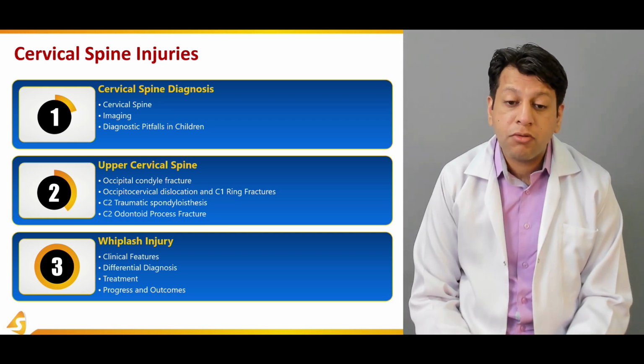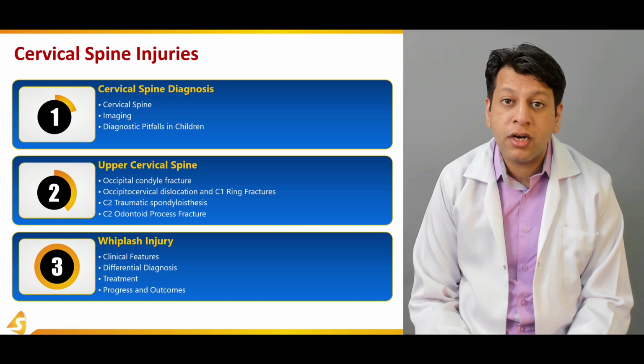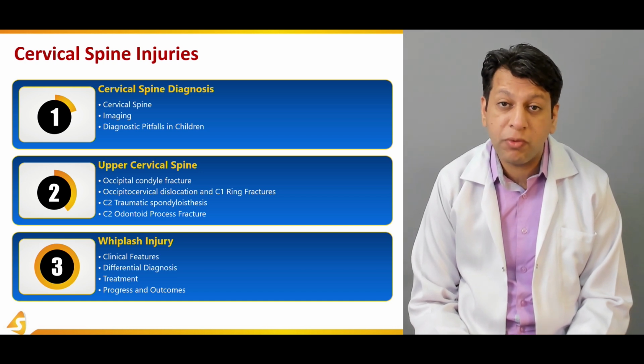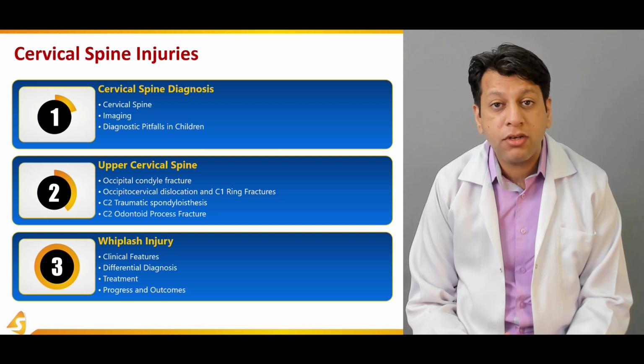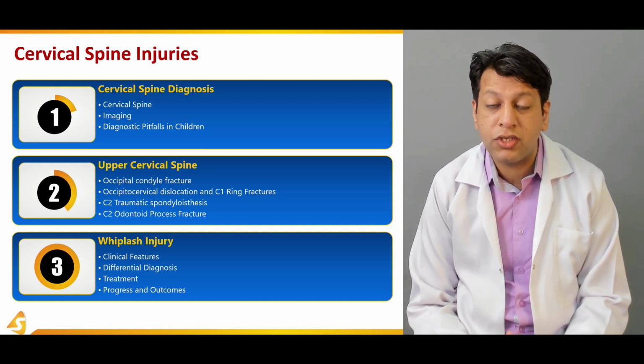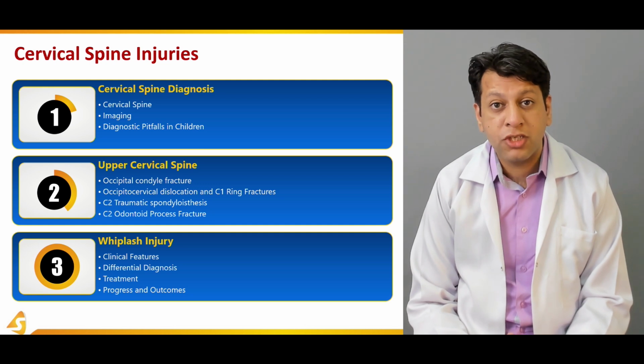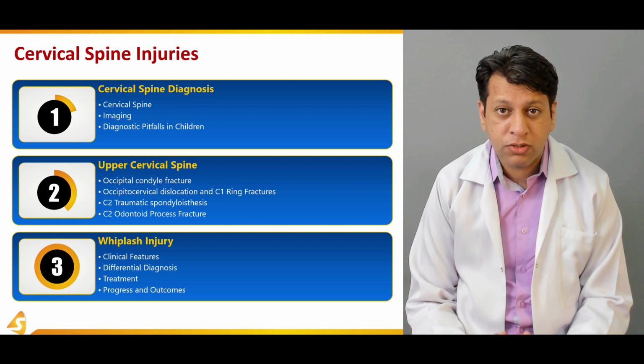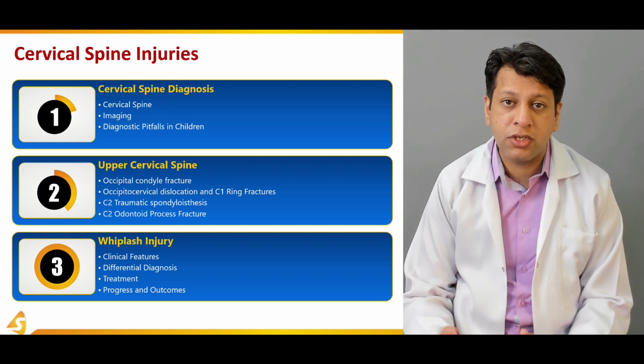In the third section, we will be discussing an important entity regarding the cervical spine, that is the whiplash injury, which is actually initially a hyperextension, then hyperflexion mechanism kind of injury, which is associated with ligamentous sprains of the neck. Although there may not be any associated fracture, it can be very damaging, especially for the